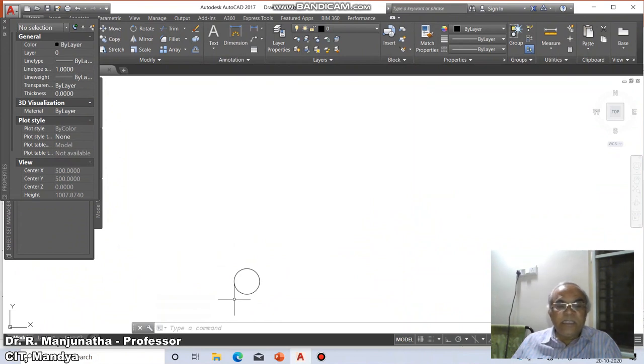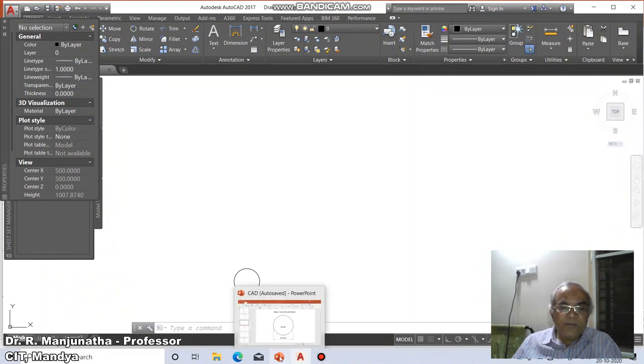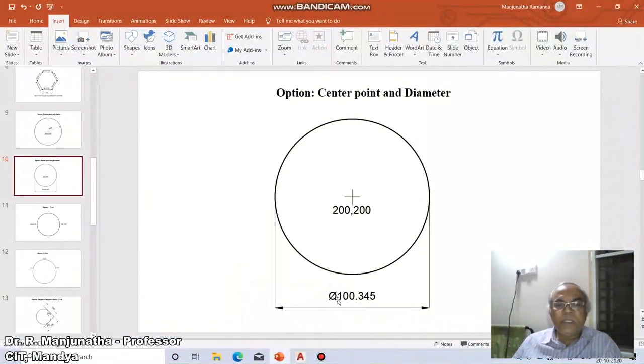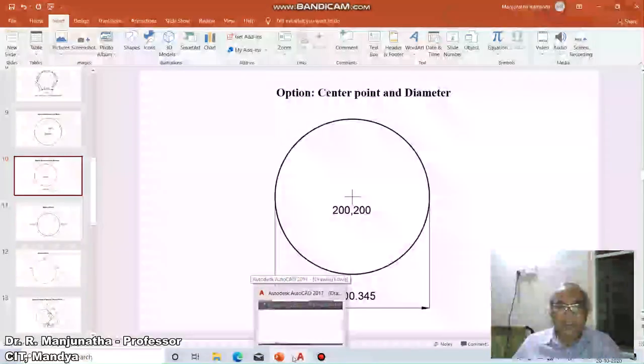Then what is the necessity of having the radius and the diameter? The advantage of having the diameter is, suppose this diameter option is not there, then what happens? We need to calculate the radius of this circle of 100.345, then get into the radius option, and enter that value.